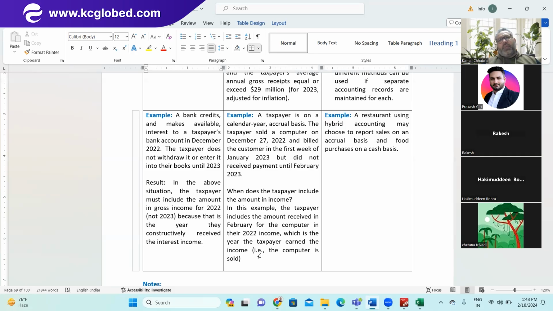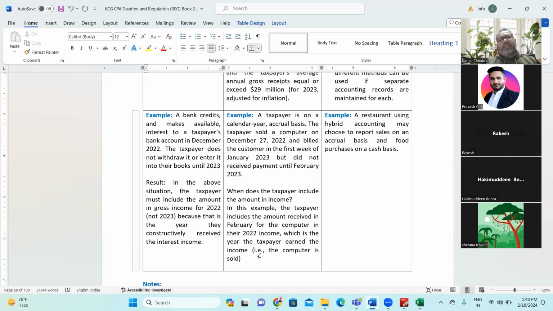And then about the collection. For example, if you are completing your audit on 31st January, you can take the confirmation from the customer as well. So there are various ways when you get into audit, but that we will discuss in the audit section of the examination. So just in this example, the income should be recorded in 2022.